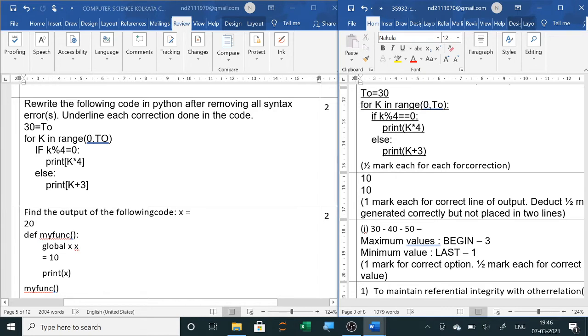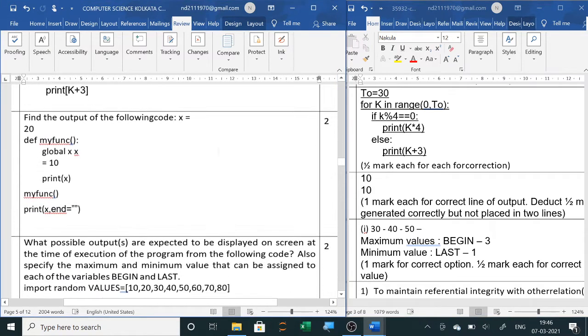If will be in small letters, k % 4 == 0, the equality sign is used with if. We never use single equals to with if. Then colon, then print in round brackets, k*4. Always with the print command, round brackets are used. Here both the print commands have square brackets, so these are the errors.